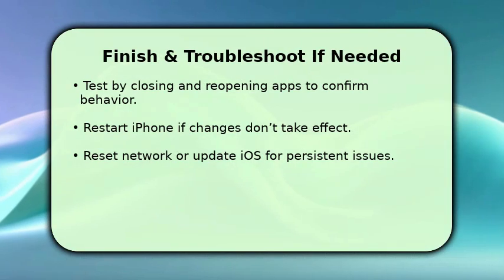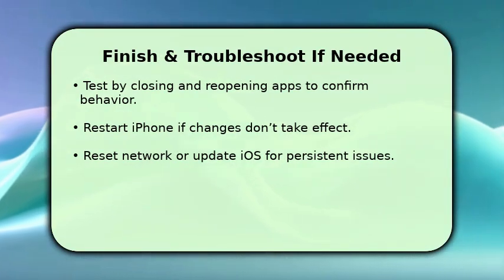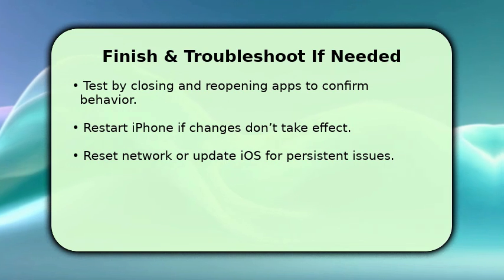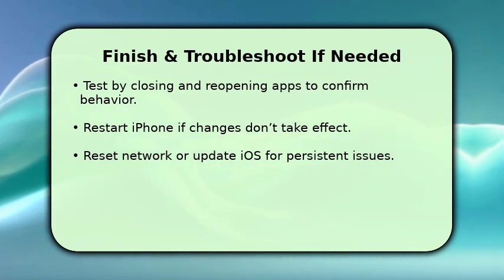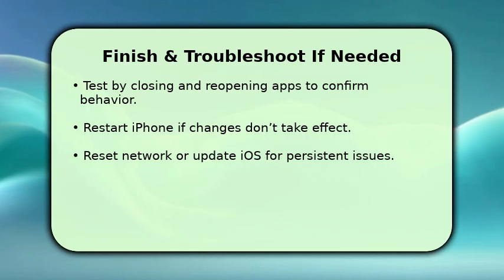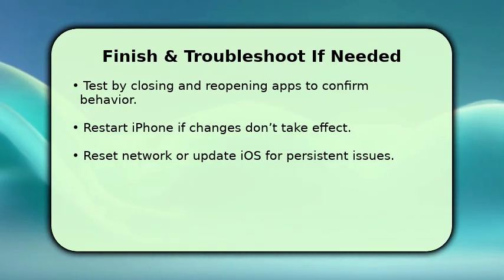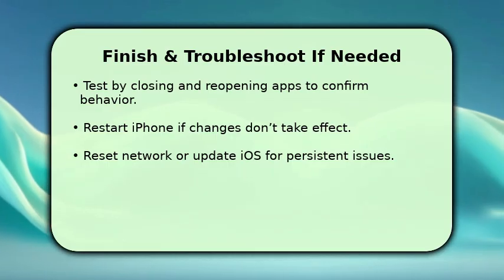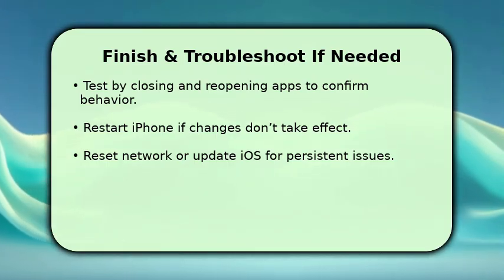Finish by closing affected apps and observing battery or data changes over a day. If you don't see the expected improvements, restart your iPhone to apply settings cleanly. Make sure iOS is up to date. Occasional bugs can prevent toggles from sticking. If problems persist, reset network settings or temporarily toggle global background app refresh off and on. This usually resolves glitches. If not, a quick iOS update or restart is the